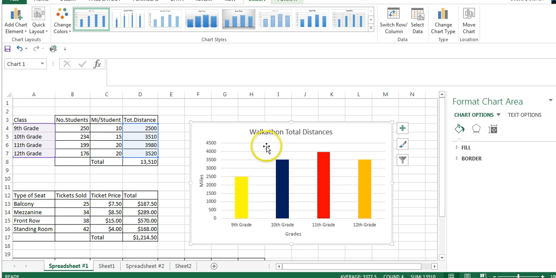Oh, the ninth graders in the walkathon must have had a total distance of 2,500 miles. And so immediately, from the chart, I can get that information. All right, and I can also see the 11th grade was the most. This is the red bar, the highest, right? And if I wanted to, this is almost 4,000, this is 2,500, so clearly there was about a 1,500 mile difference between the freshmen and the juniors. So